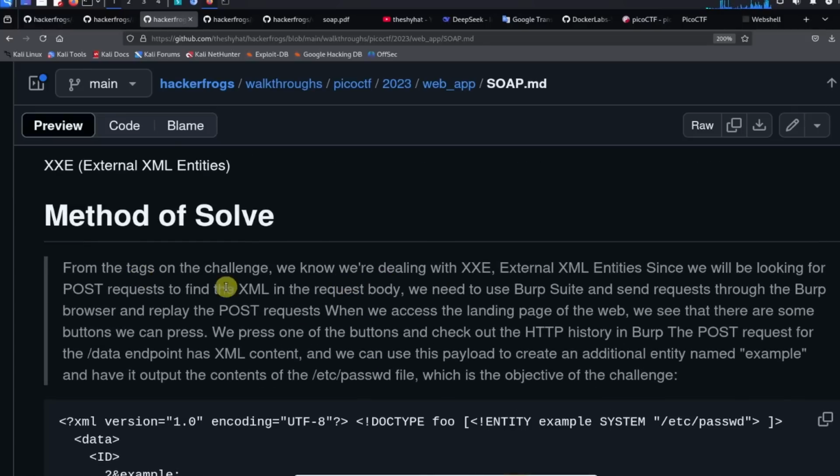Okay, so we press one of the buttons and check out the HTTP history in Burp. In Burp Suite, the POST request for the /data endpoint has XML content, and we can use this payload to create an additional entity called example and have it output the contents of the /etc/passwd file, which is the objective